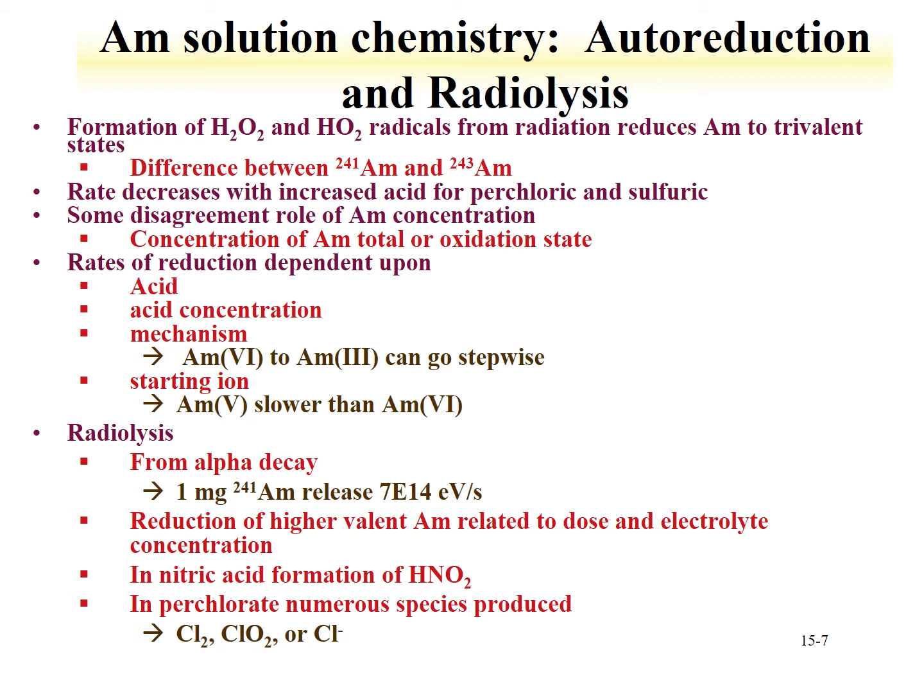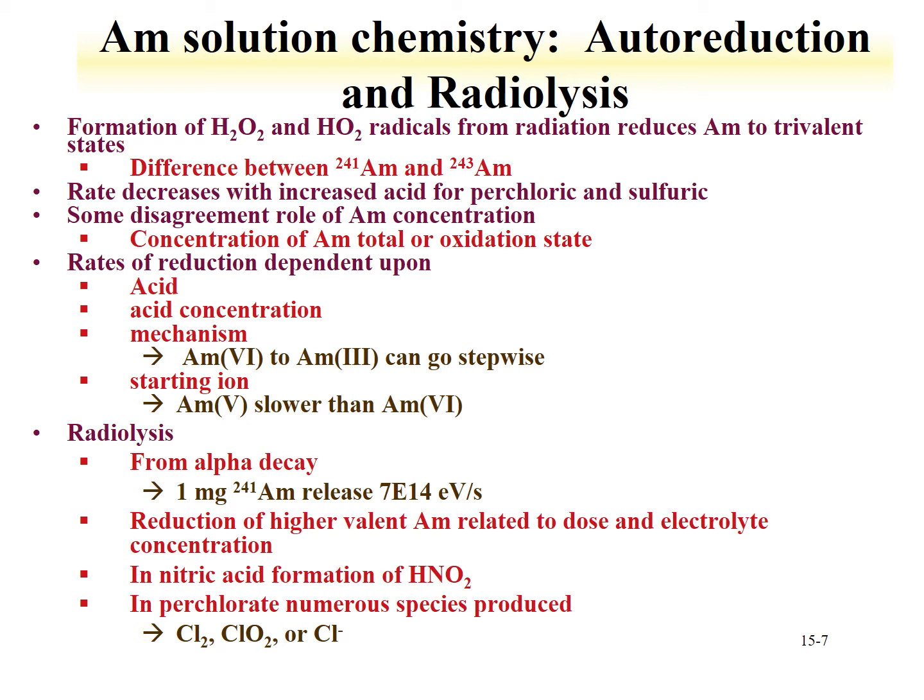So the reduction rate has a difference for the different americium isotopes. This isotope effect is solely driven by the rate of decay and not the factor related to mass. So americium-241, with a shorter half-life than americium-243, should demonstrate more rapid reduction due to this radiolysis. Now the rate decreases with increased acid for perchloric and sulfuric systems, so there is some ability to limit or mitigate